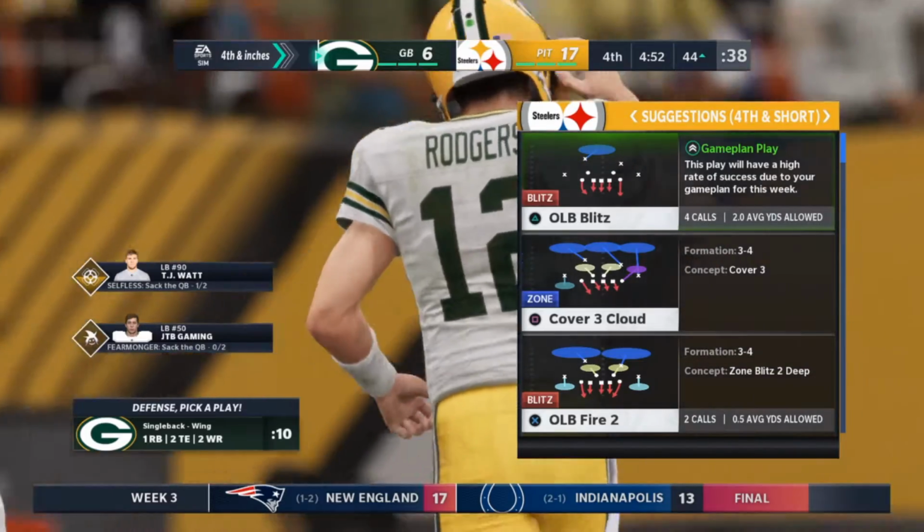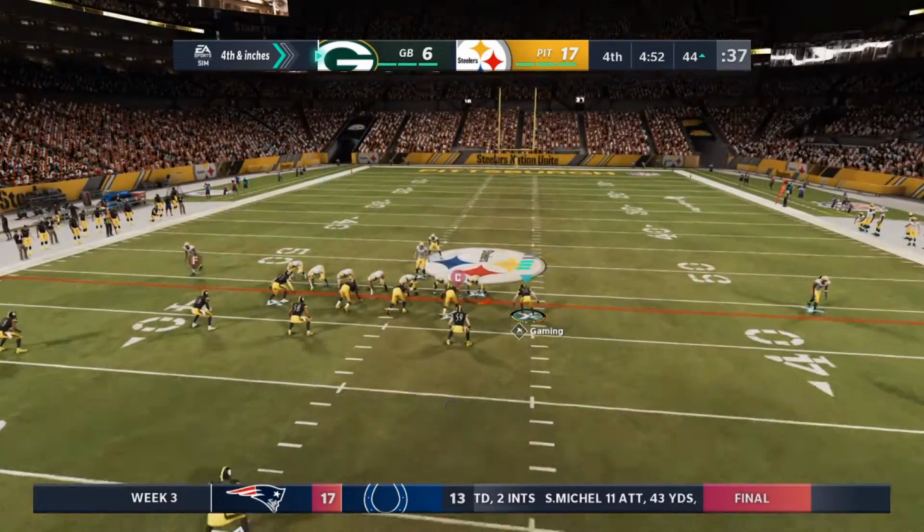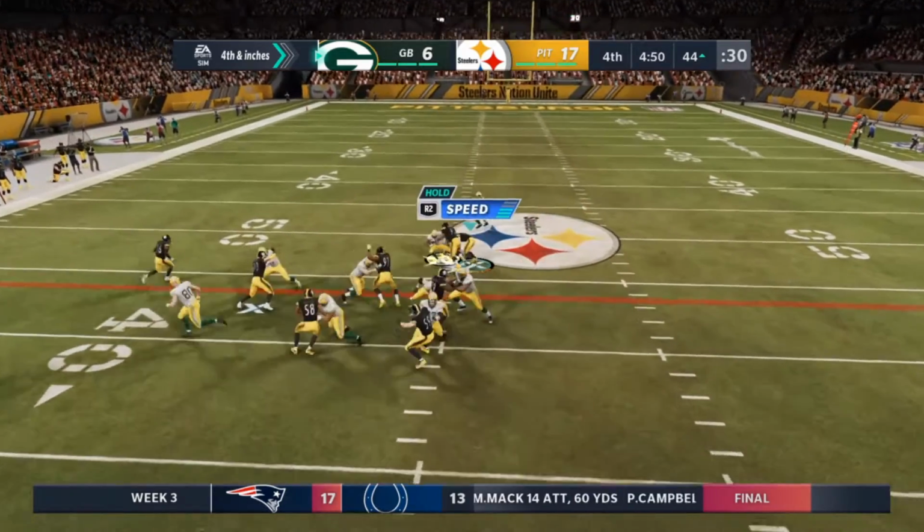And now, since this brings up fourth down, the defensive play caller, grab your nerves, because now you don't want to be so amped up that you give them a first down by getting out of your lanes, but you also don't want to just lay back and let them have it easily. They'll go with